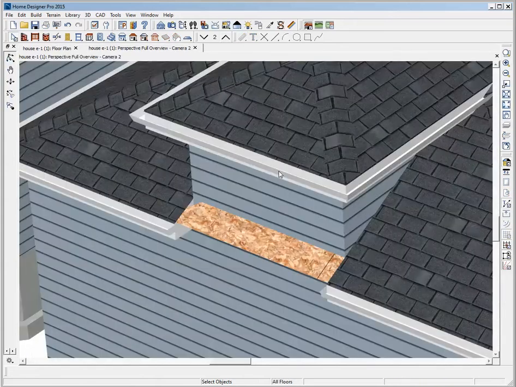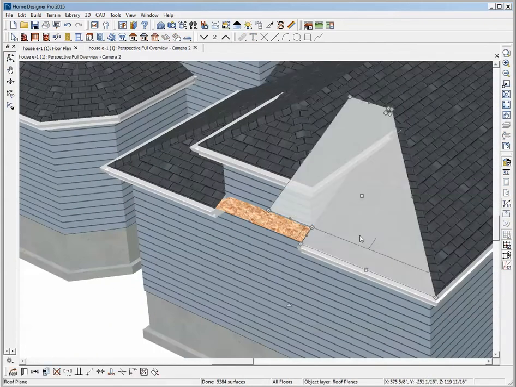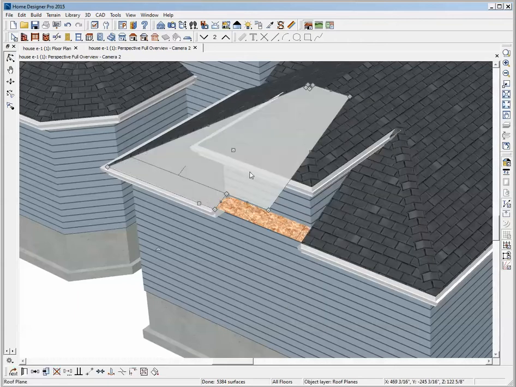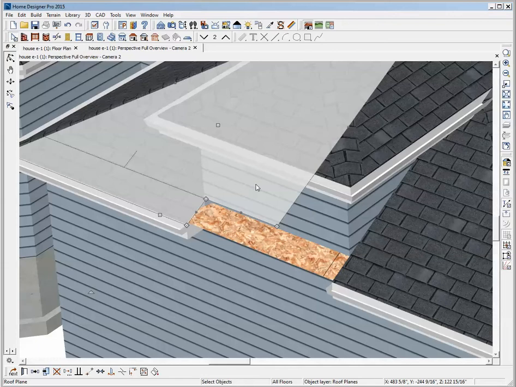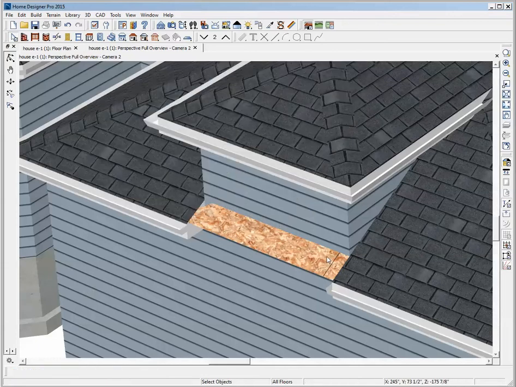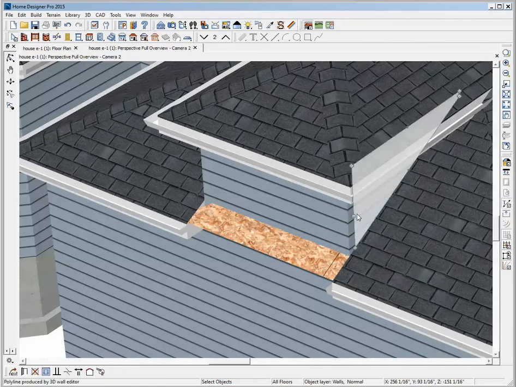So I went to a camera view, you click on the roof plane, and these walls are sitting on top of the roof plane on both sides. I'm not quite sure why you did that. But that's why this sheathing is showing, because normally when you put walls on top of roof planes, you open the